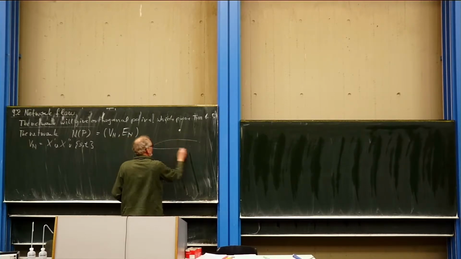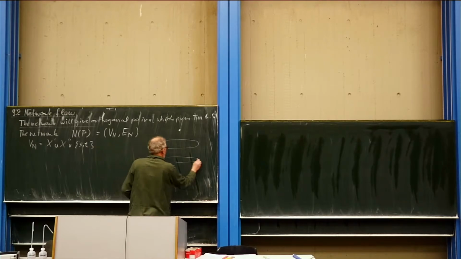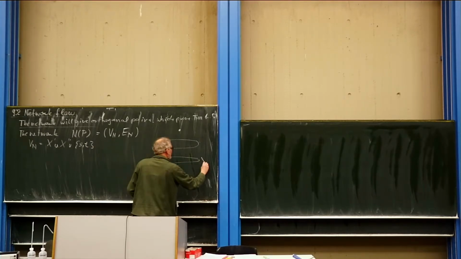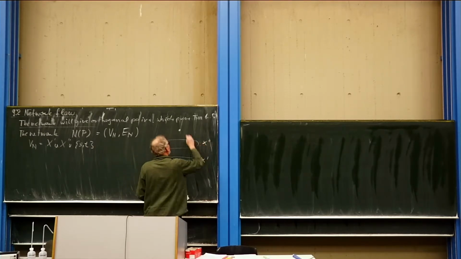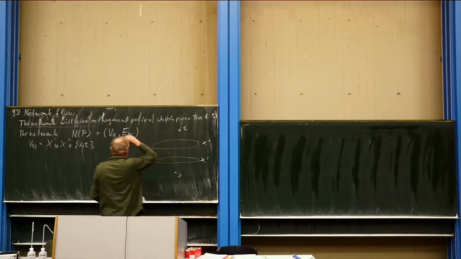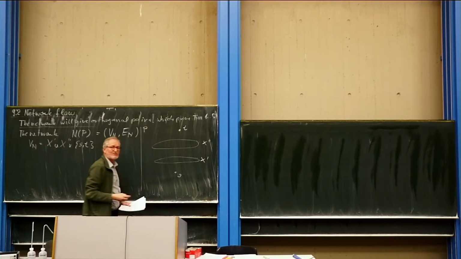So we have S, x prime, x double prime, and T, and here we are going to produce this network for